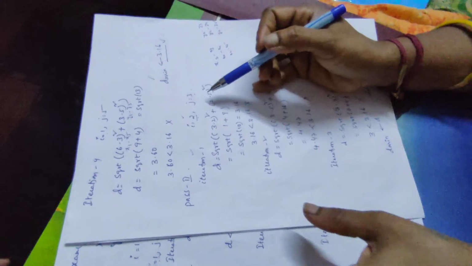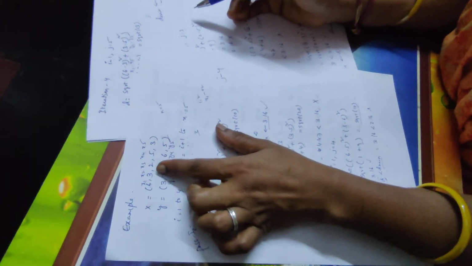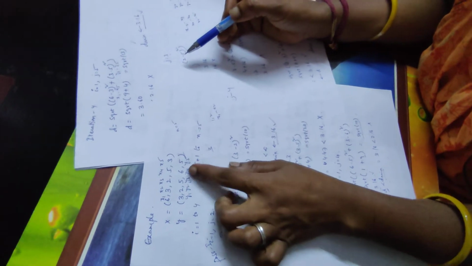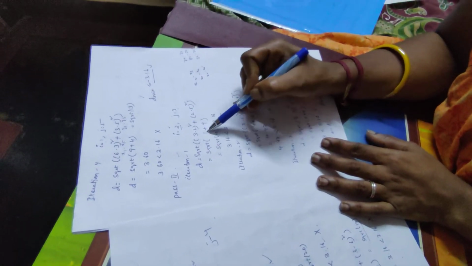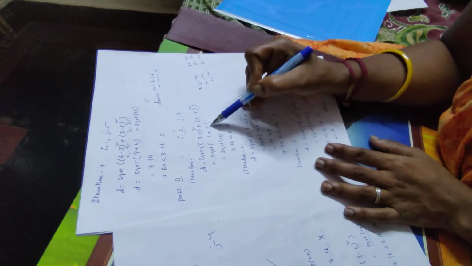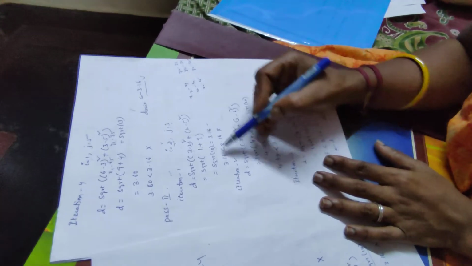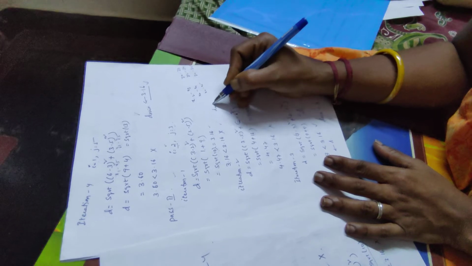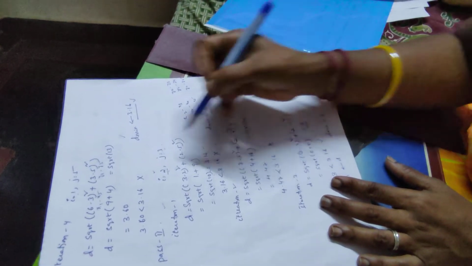So this is my list, right? Now x2 is 3, x3 is 2. So 3 minus 2 whole square plus, y2 is 2 and y3 is 5, so 2 minus 5 whole square. So now 1 square is 1 and 3 square equals 9. Again it gets square root of 10, so this value is 3.16. Is 3.16 less than 3.16? Condition fails. I didn't change my d min. It remains 3.16 only. So in my next iteration, j gets incremented.